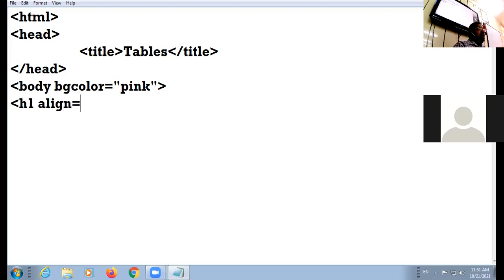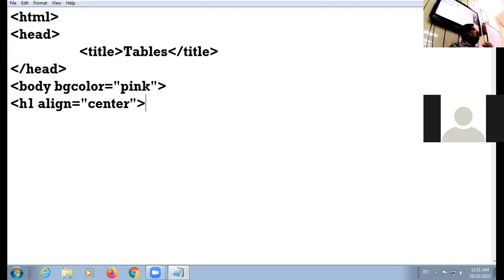I am giving the value center. Beta, align attribute can have 4 possible values: left, right, center, justify. I am giving the value center.